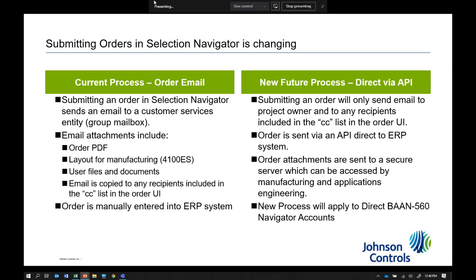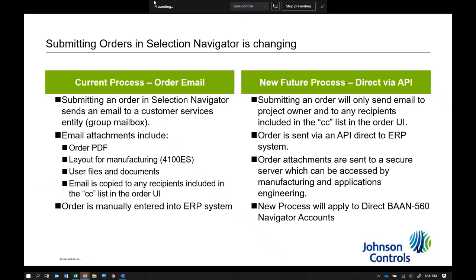Any attachments such as layout files will automatically go to a secure SharePoint, which can be accessed by our manufacturing and applications engineering. Again, for 4100 ES orders, that layout file is required for manufacturing, so it will go into a secure SharePoint.